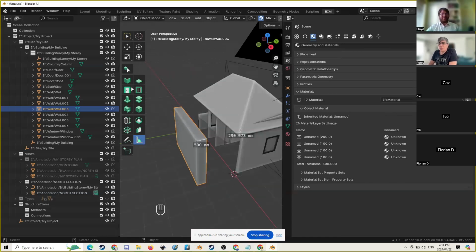When you say store DXF in IFC file, is it like a link to the DXF file as an attribute, or the DXF is translated to IFC point, IFC curve, etc.? So it's not a link. It's actually inside of the IFC file. That's what I'm saying. You can link a blend file into an IFC file, but I just find that if you have too many links,